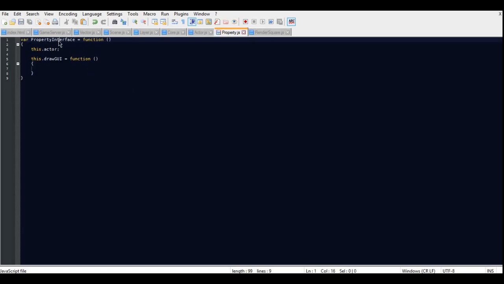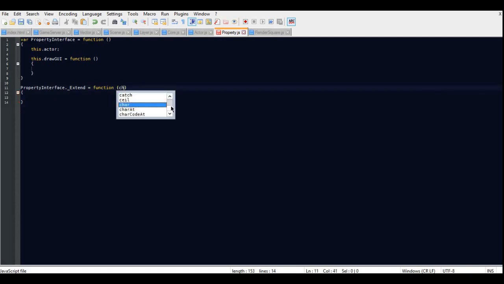That's what I'm going to call it. And then if you put something down here like this, we're going to actually create a static, which means you can always access it. As long as you put this property interface at the start, you can always access this function. And we're going to put the child in here,